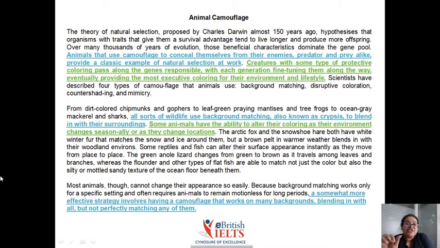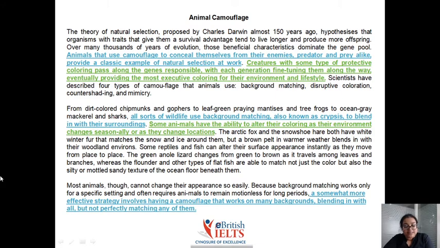So what is the gene that is being passed on? Something to do with protective coloring, right? So here if you look at this line again, creatures with some type of protective coloring pass along the genes responsible. So what are they passing along? Protective coloring, right? So now if we look into the question, let's see how we can fit protective coloring as